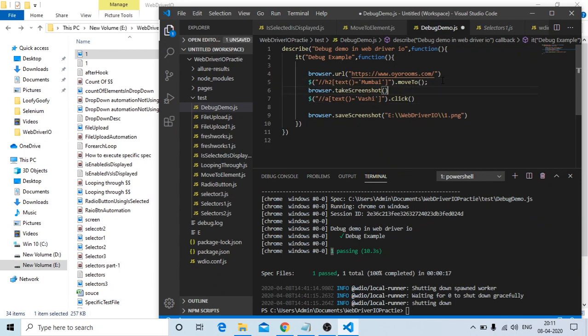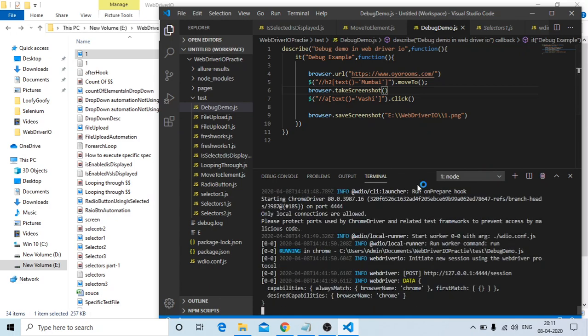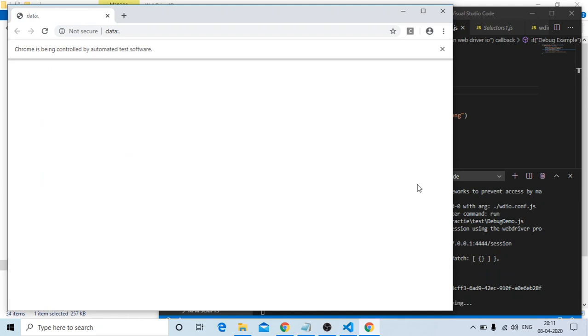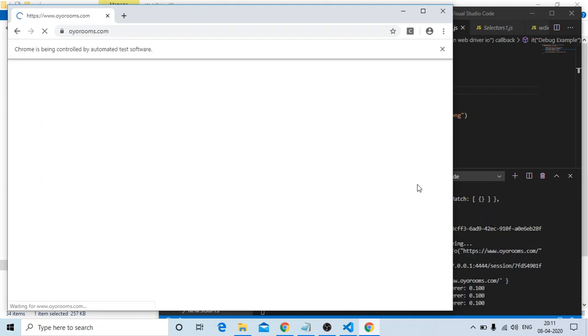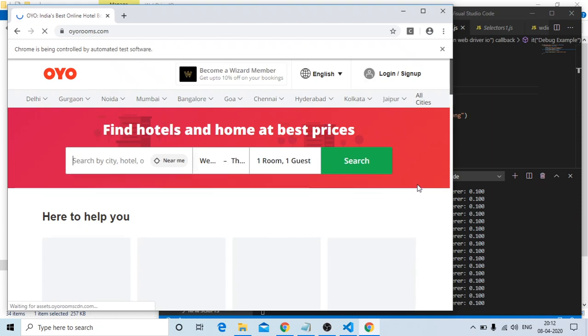Just for our reference, I'll execute this here, move to, and try to execute one more time. Simple: the takeScreenshot method and just save the particular screenshot. Now you can see it started running and it is opening the application. Then it should click on this.